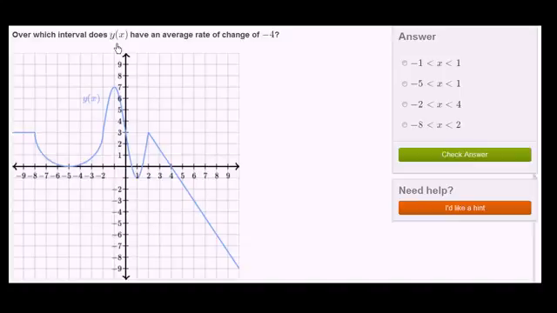Over which interval does y of x have an average rate of change of negative 4? So average rate of change, if you think about it, you're literally just averaging, for example, in this bowl section